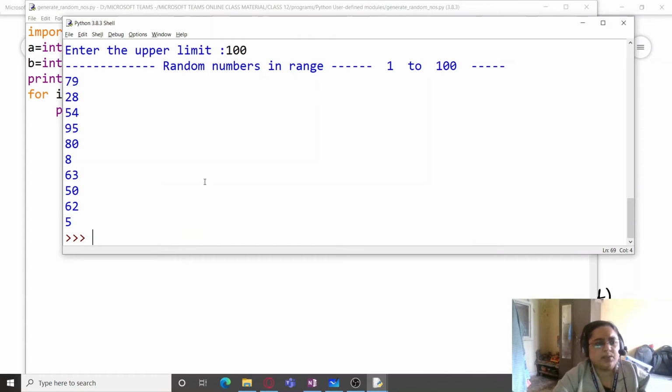So this can be used for playing a jackpot game where the system can generate any random number, and the player has to guess the number, and you can check that if the number is exactly matching, then the person gets the first prize.